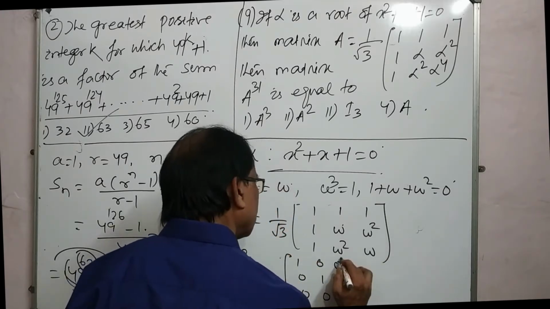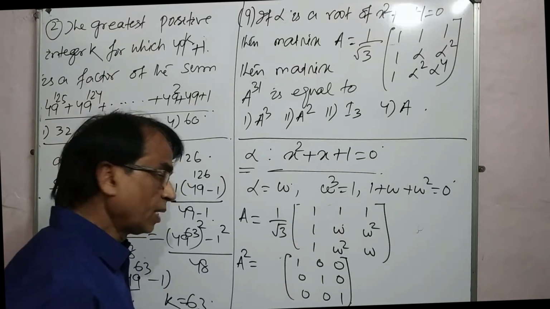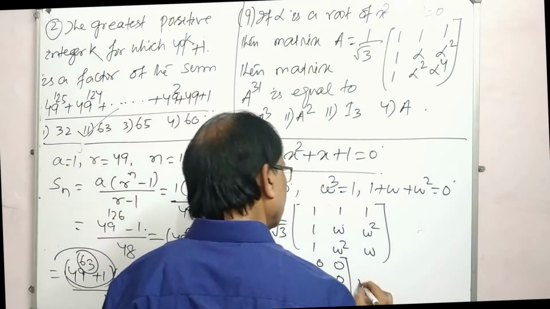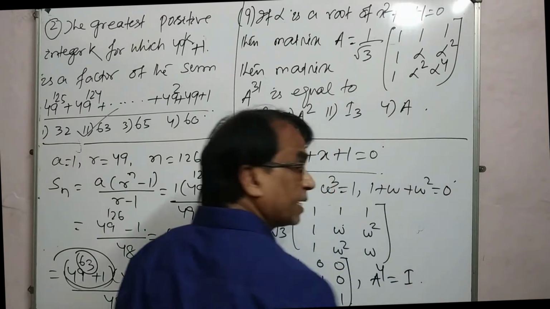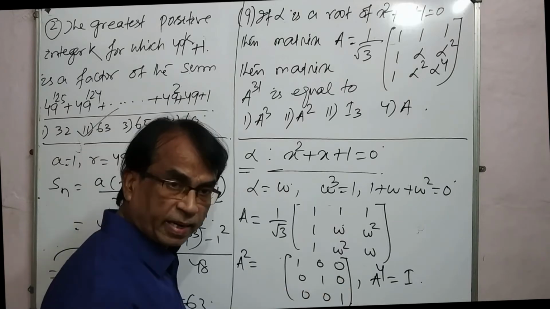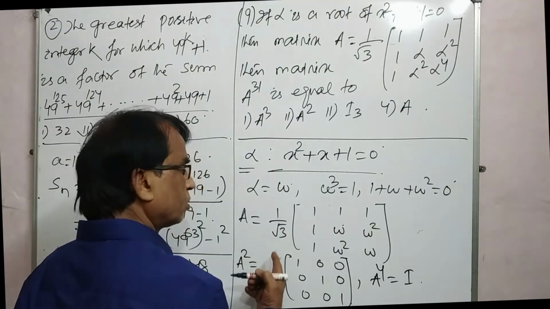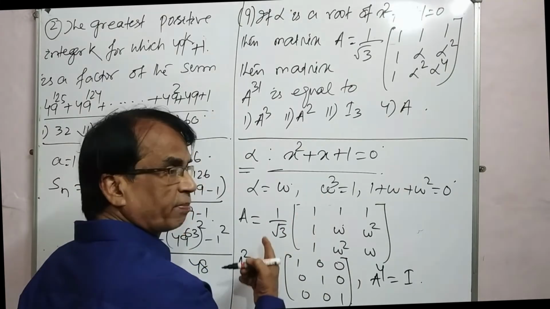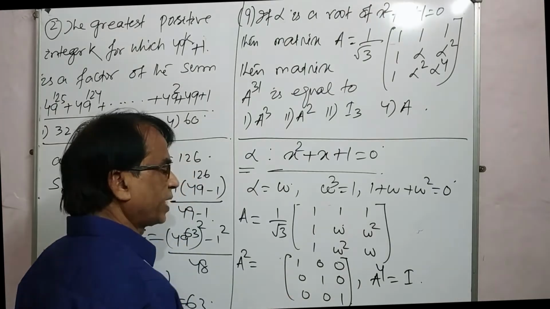If you multiply, you are getting this one, A squared, that is A into A, and then coming to A to the power 4 you will get the identity matrix. Here A squared is A into A, that is matrix multiplication, and after simplification 3 will come out, and 1 by root 3 times root 3 is 1 by 3, the 3 cancels,